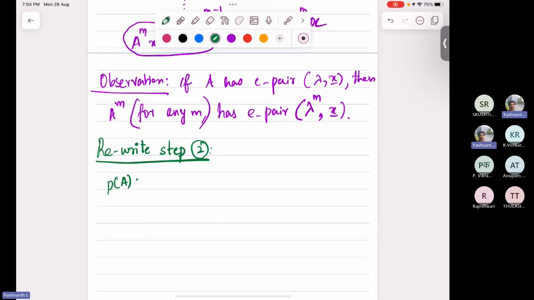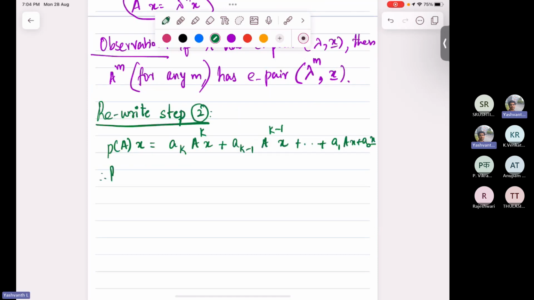P of A into x equals a_k A power k x plus a_{k-1} A power k minus 1 x and so on till a_1 A x plus a_0 x. Therefore, by the above observation,